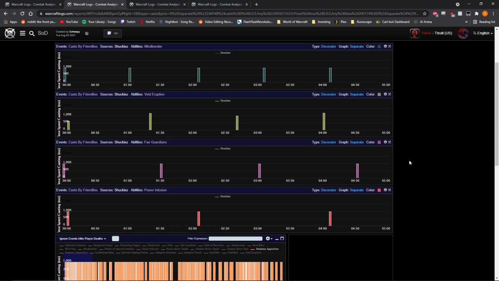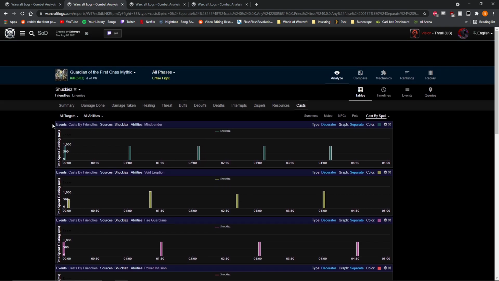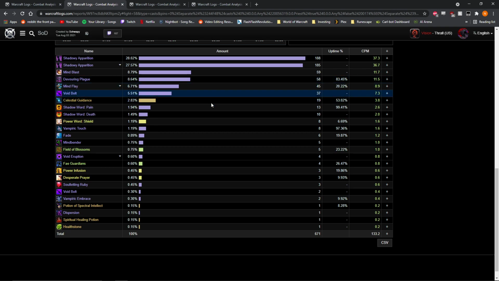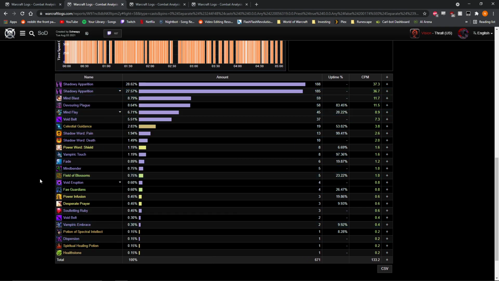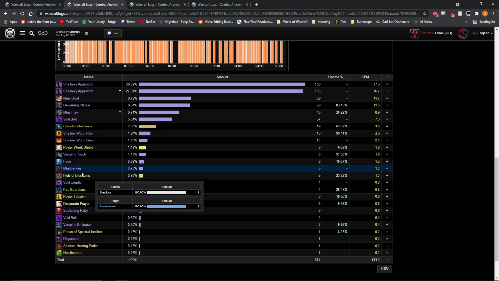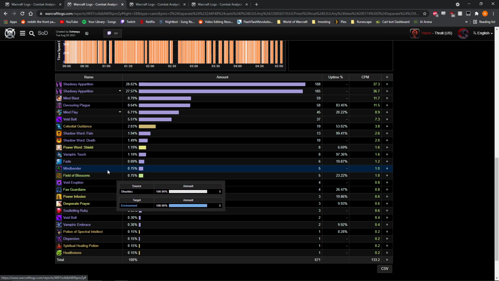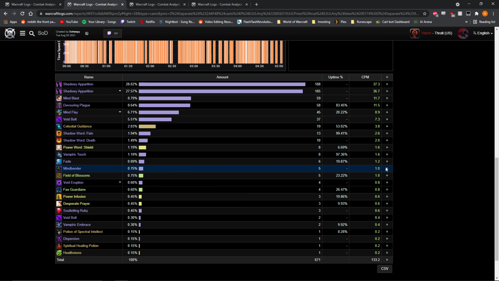It's within our cooldown windows, and so I want to make sure that I get those right specifically. So what I did was I came to this log, I filtered it to this guy, I came over to casts, and then I scrolled down, and you get this table of all the things that they cast. And what I would do is I find the ones that I care about, which is Mindbender, Void Eruption, Fey Guardians, and Power Infusion. And then I go all the way across this bar here, and I click on the